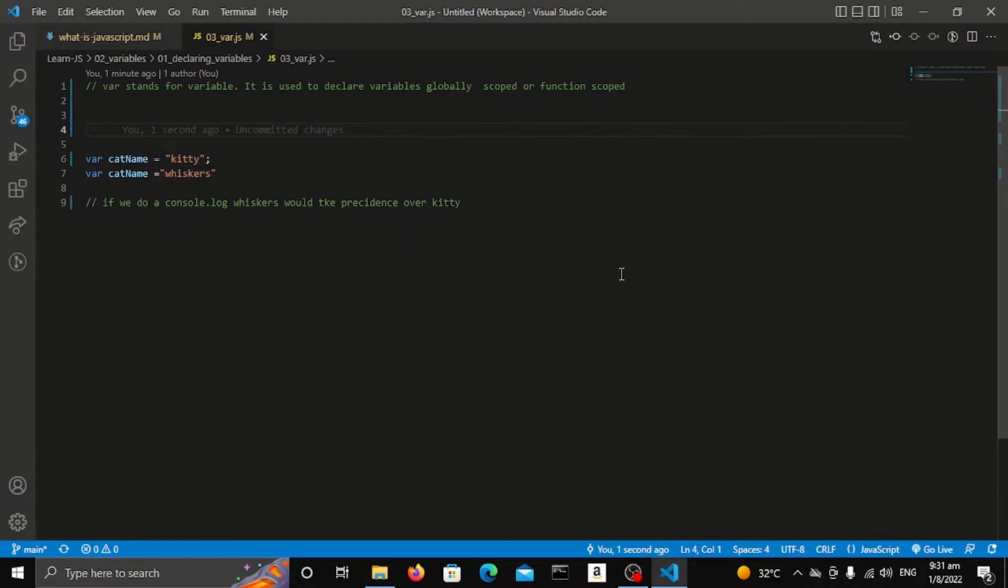Welcome back to the second part of the series where we will look at declaring variables. Now, a variable is simply a container used to store data, and it can be any of the different data types available, such as strings, numbers, booleans, and symbols. But a link will be placed in the description to a GitHub repository where you can find all the data